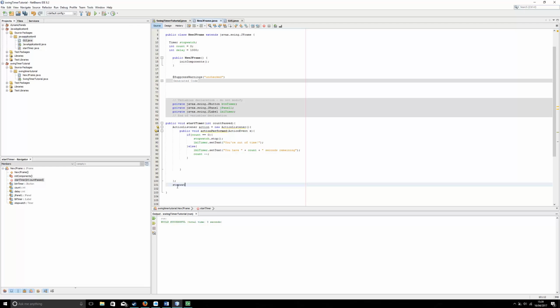So mine, stopwatch equals new Timer, delay, action, followed by a semicolon. All it's doing here is creating a new version of the object, stopwatch equals new Timer, and inside the arguments it's setting up delay as 1000 milliseconds, and then the action simply being the action listener there, so it invokes both of those two clauses. So once we've done that, we will also write